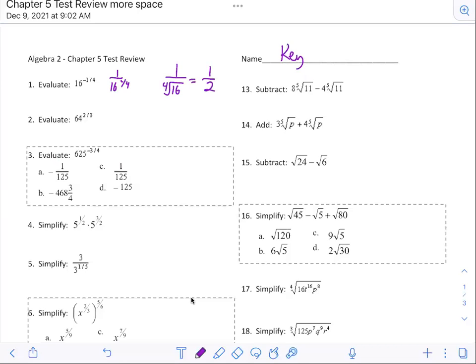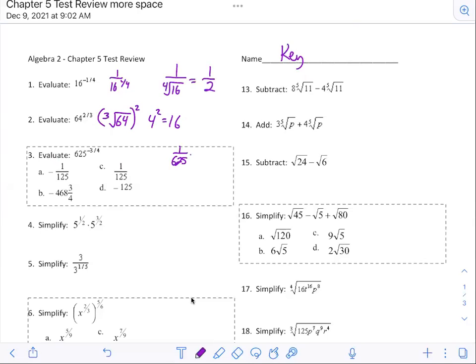64 to the 2/3 is going to be the cube root of 64 squared. So the cube root of 64 is 4, and then 4 squared is 16. So then on your test, it's going to be like this, where you've got your multiple choice. That's going to become